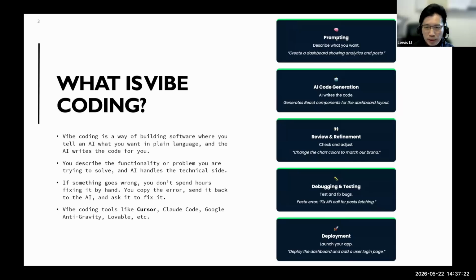Basically, you have to check whether the code is valid or there are some errors in it. This is what we call the human in the loop. You have to involve a human in checking the code. Even though you don't need to write any code, you have to be involved in reviewing it. This is a very important procedure that you need to know.